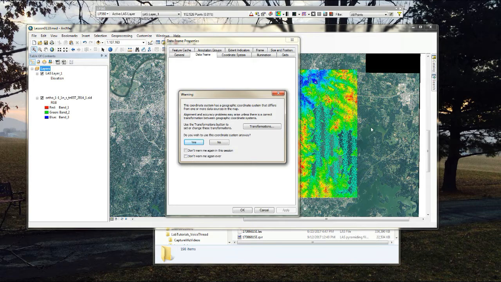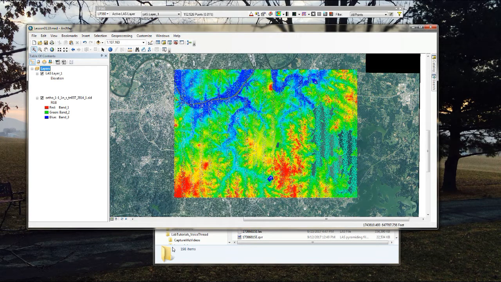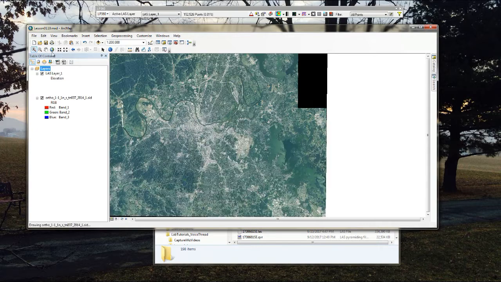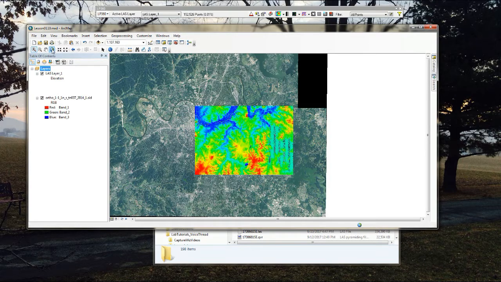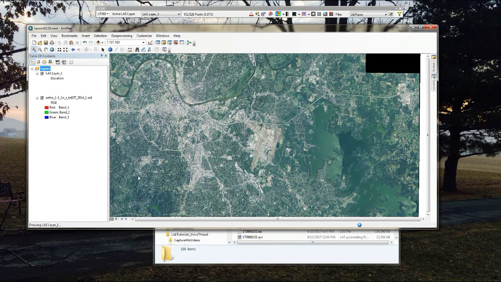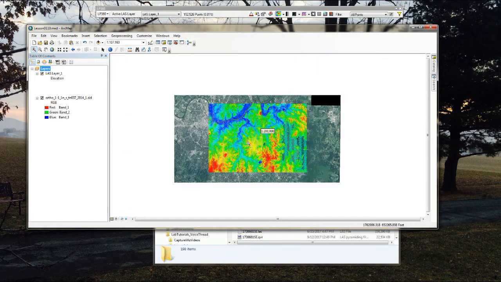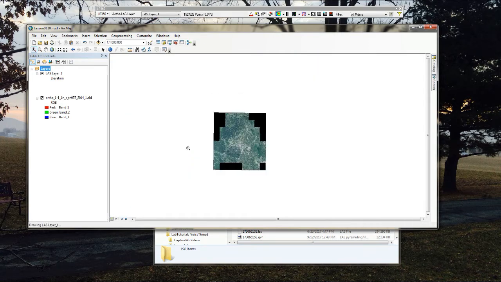Now, because the ortho is in a different coordinate system than the background data frame, I'm going to keep getting this warning error, which I'm going to continue to just ignore. Alright, so now if I click the full extent button, you can see I do go to that preset extent. Okay, notice that if I zoom out, the rest of the image is still there. I can also just clip that